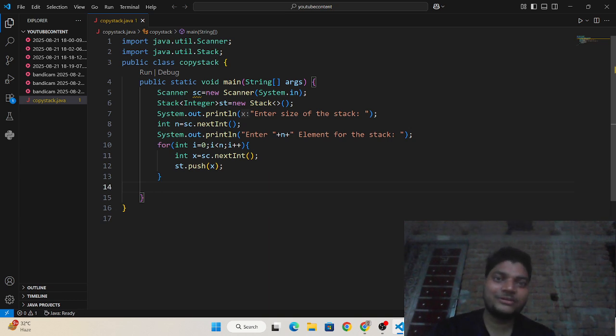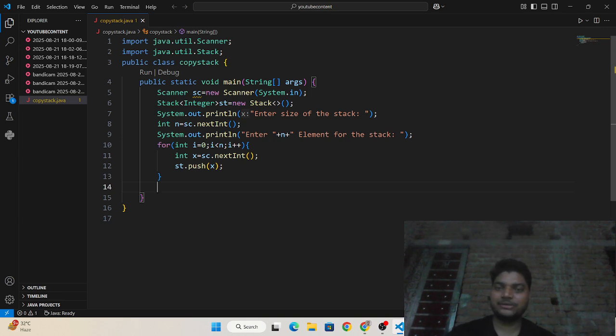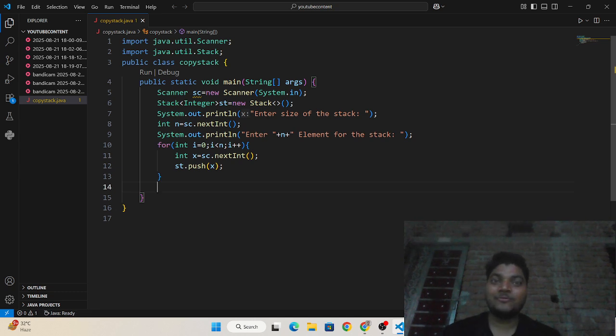I pop an element from st and insert it in reverse order in temp, and then repeat the same process for rt. Don't worry, I will explain everything with comments.